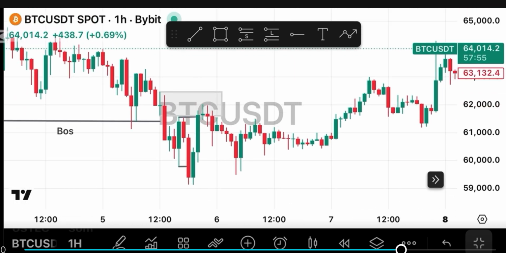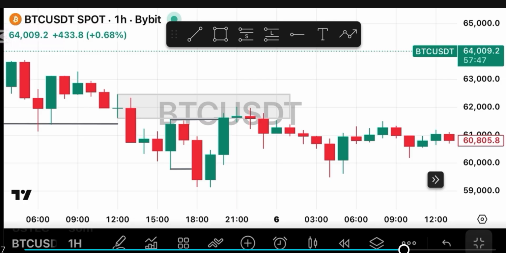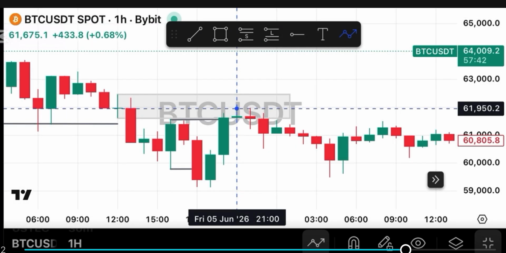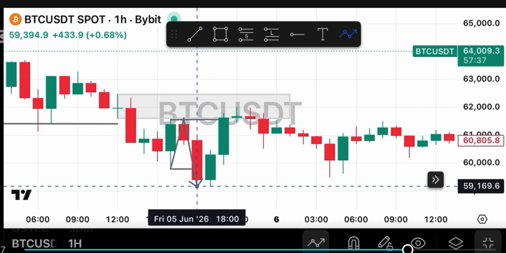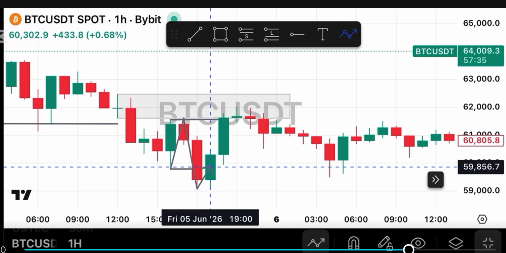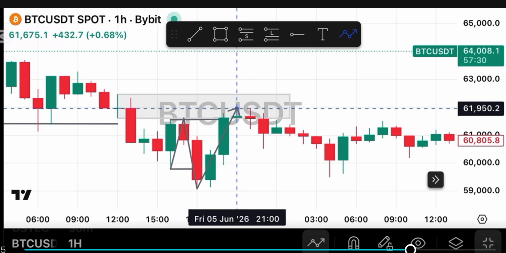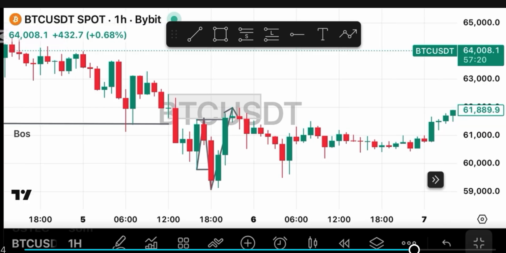Right, but the market did not sell for long, because as you can see what I'm showing you, a new low was created. Okay, so you can see this is the previous low, this is the new high, and then a new low was created here, and then the market shifted structure at this point. Right, so the market shifting structure at this point is telling you that it is changing to a bullish trend. So at this point, what you need to do now is for you to follow the buy,